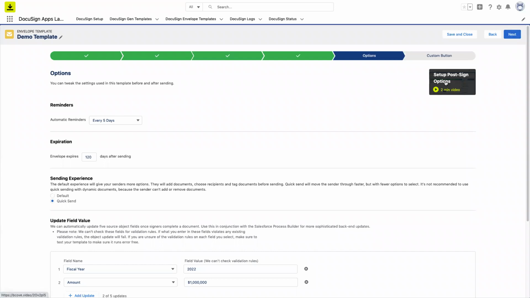Also, I want to point out before we finish, there are little videos here that I made, and it walks you through this entire step and all the options that you can use on this step. So if you're having trouble later remembering what we talked about today, each one of these steps has one of these little videos in the upper corner, and it'll be me talking you through this again. So you'll get deja vu.